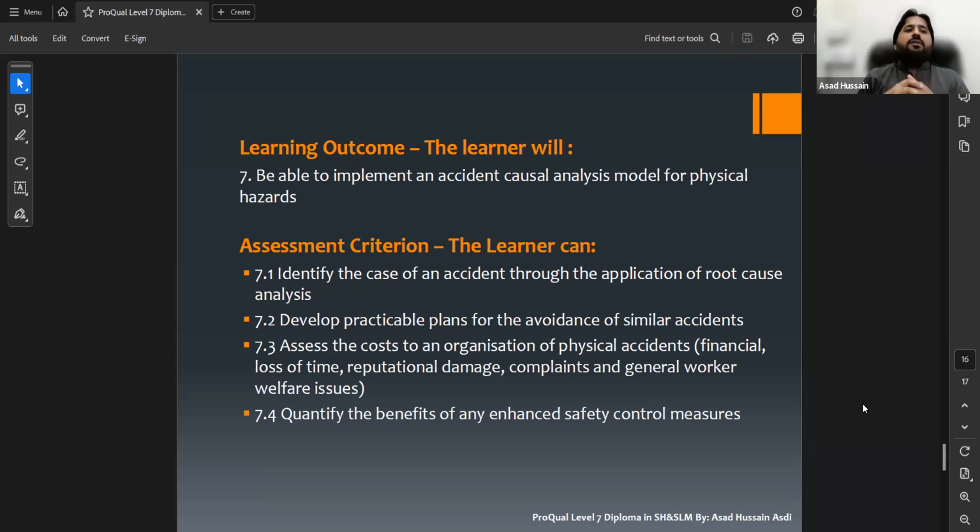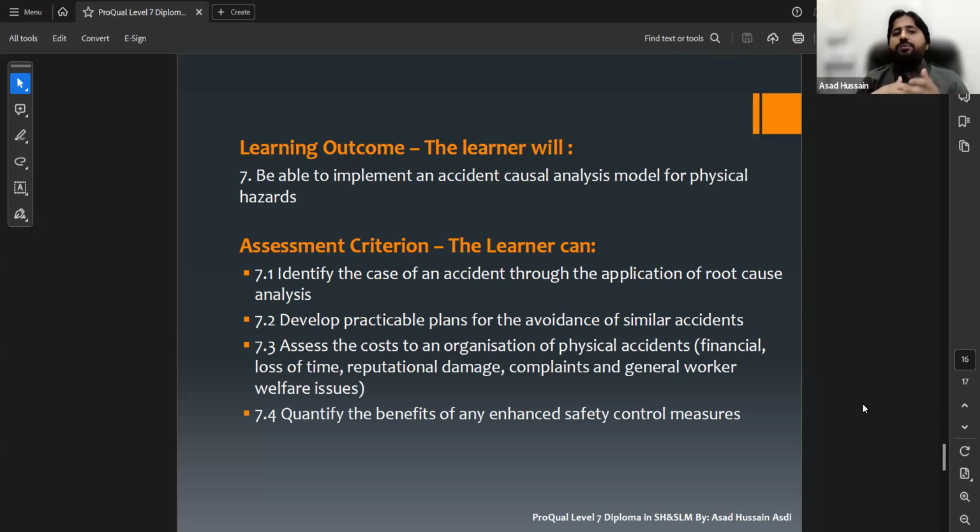And if you are managing the health and safety at your workplace, the chance of accident or incident will be minimized. But you can't make it zero accidents. Still, if you are managing health and safety very well, there is a chance of accident or incident. So this 7.1 is discussing that in case of any accident,